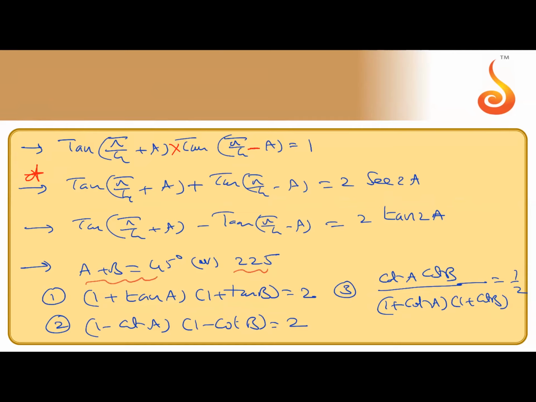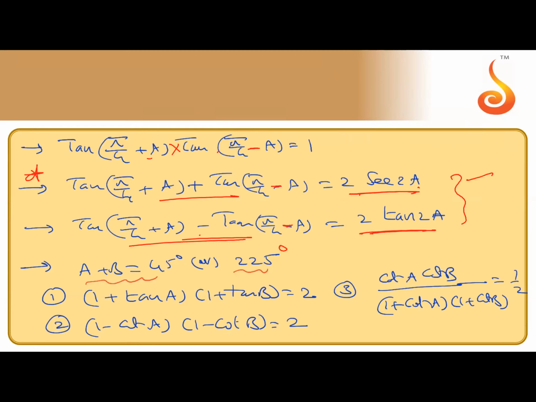And this is also another important thing. tan(45 + A) plus tan(45 - A) is 2 sec 2A. If the minus is there between them, the difference of these is 2 tan 2A. Not only for this chapter, these formulas are very useful for other topics also. Please note down. Wait, I will go back. First, let us finish this one.